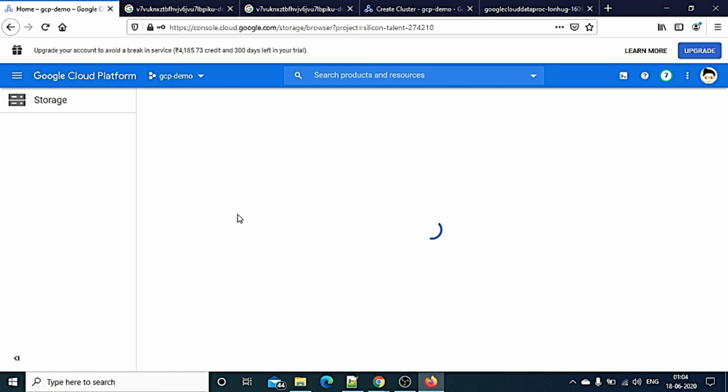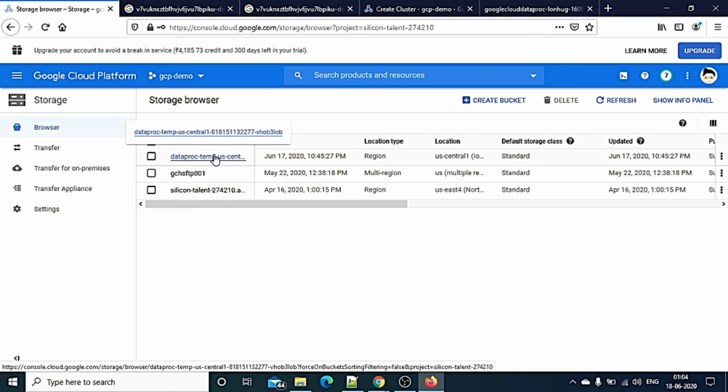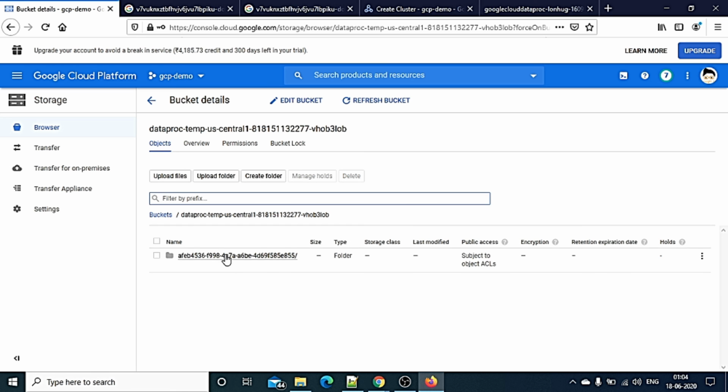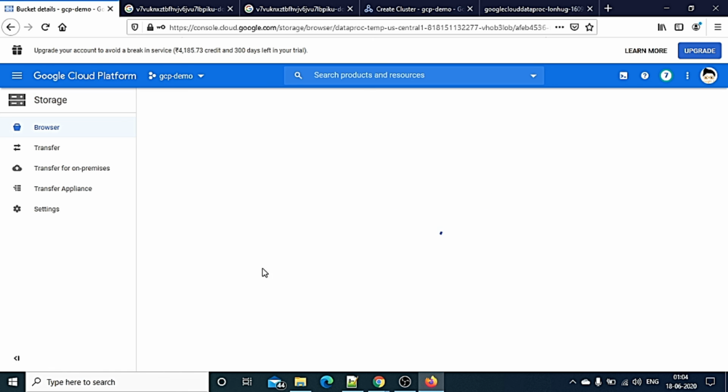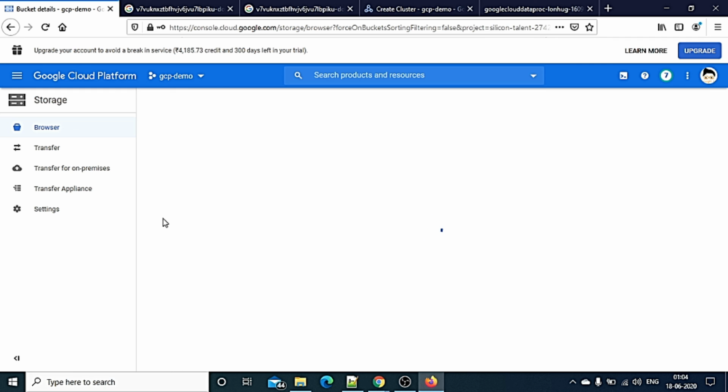So it's running. I'm opening the storage account. So this is the Dataproc I have created. I can see all the logs which are created behind this. You can click here. So these are the Spark job history, MapReduce job, yarn log. These all are stored here.